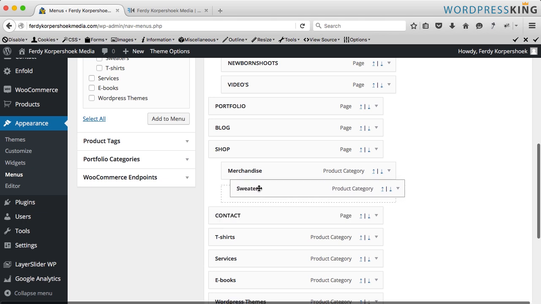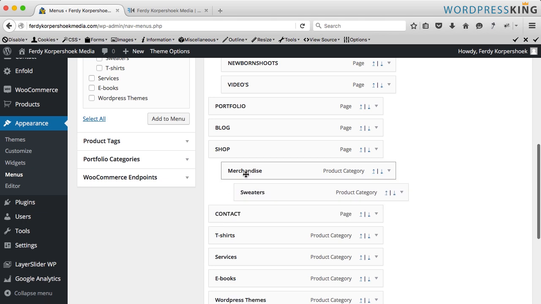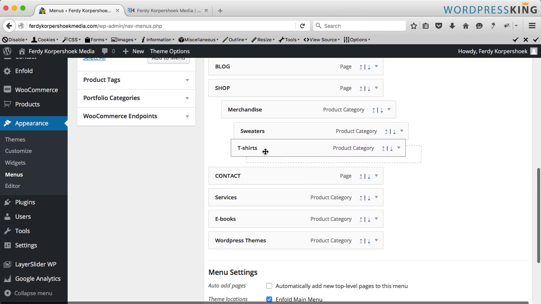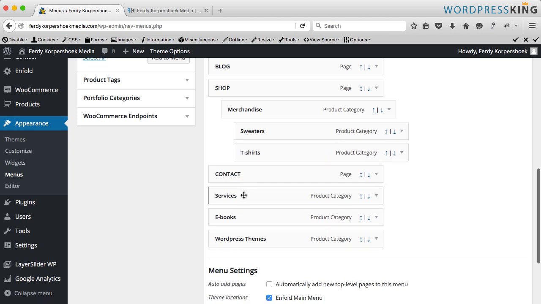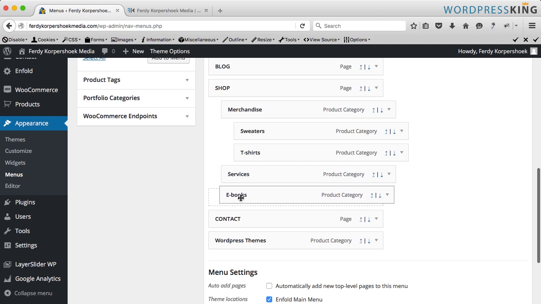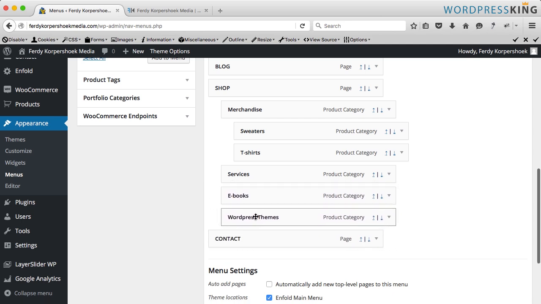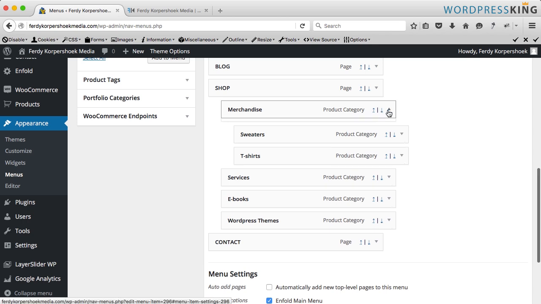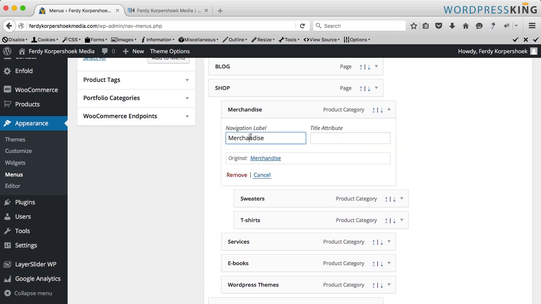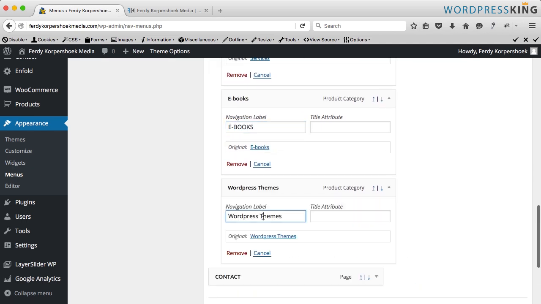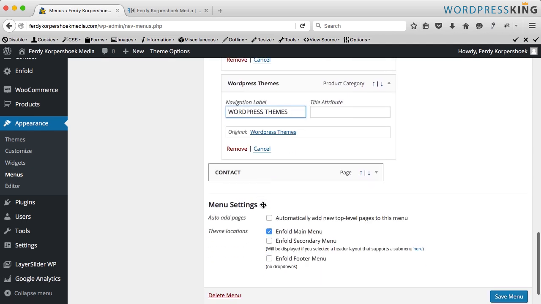Sweaters are also a child of merchandise, so they go more to the right. Same goes for t-shirts. And then services again like this, and ebooks and WordPress themes like this. I can make it all capitals and I will fast forward like this. I save the menu,